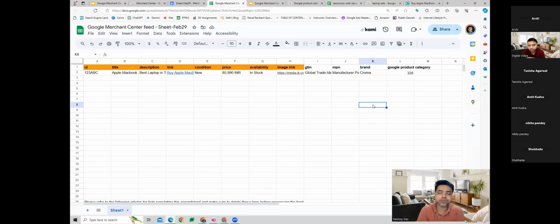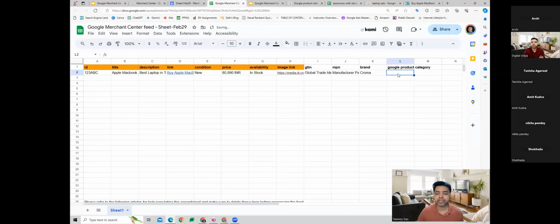So now when it tries to find a match, it goes by cell to find a match over there. Now, being a programming code, it's very difficult for it to find a match with this kind of information until it reaches the Google product category. The moment it reaches Google product category, it finds a proper match there because that is defined by Google itself. And that is why your ad gets quickly selected for the auction.